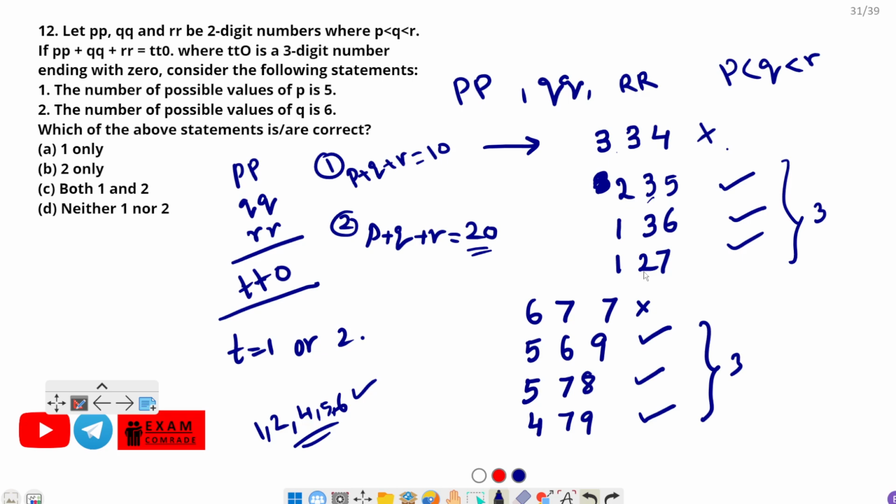Okay. I think you can try. The method is this method. You can try. I think the answer is both. Okay, you can try at your home. Next question is